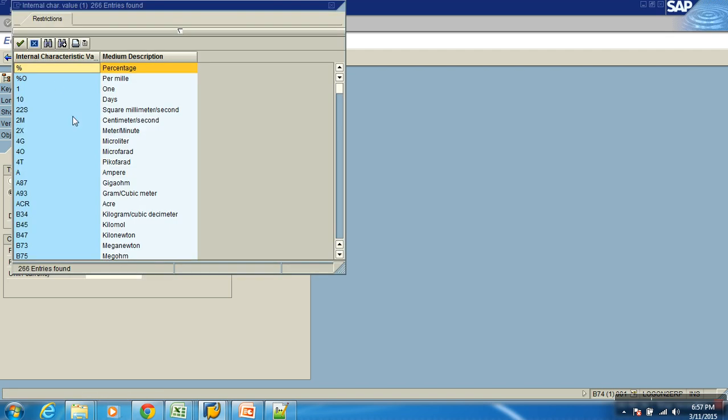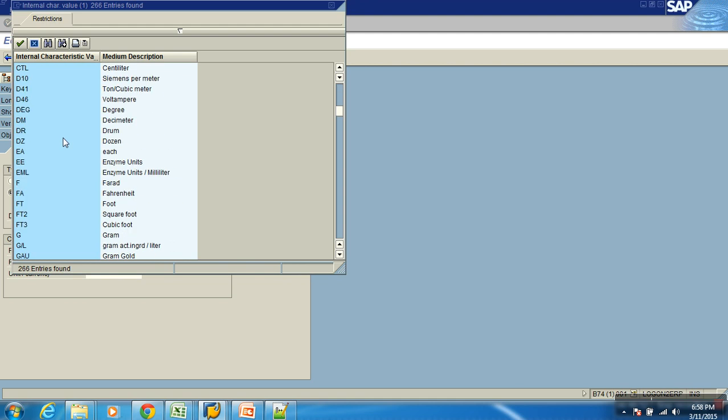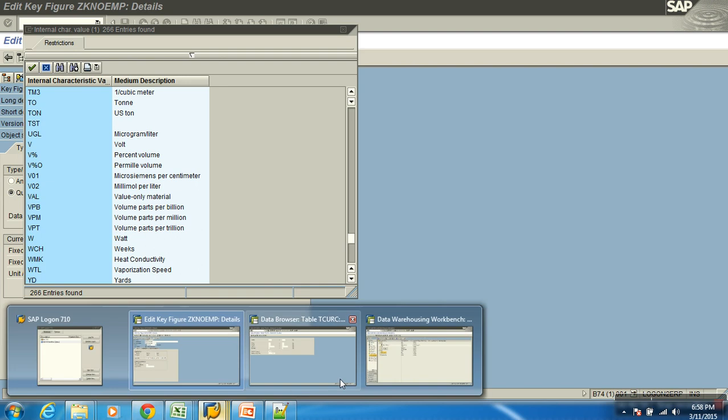Say suppose I want to go with unit. Again, I can go with a fixed unit or referencing a unit characteristic also, where the values are of different measures. Now when I go with unit measures, again when I press F4 or value help, it does show me the list of units which are supported in SAP. So now I want to go with, say, block BLK. It might throw an error saying it doesn't have the value in 0UNIT. So there are some units which are supported, only those can be used.